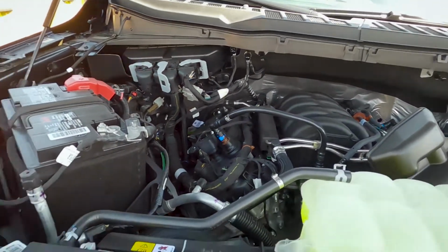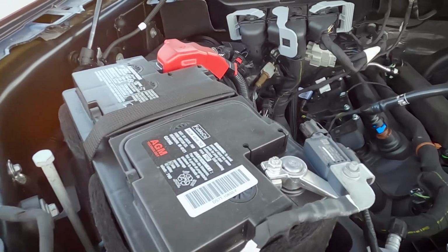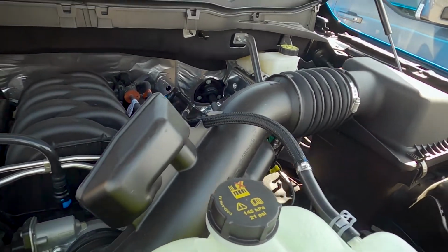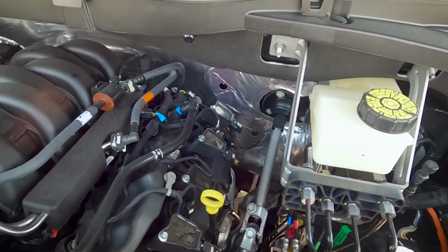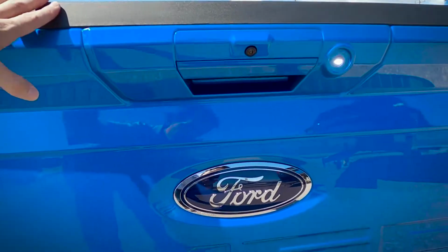Now, taking a peek under the hood, we've got easy access if we ever need to fill up our windshield wiper fluid. We've got easy access to the battery, to a number of other fluids as well, and we can kind of check our oil just along the very top as well. Looking at some standard technology inside of the vehicle, this is the 302a version of the vehicle,